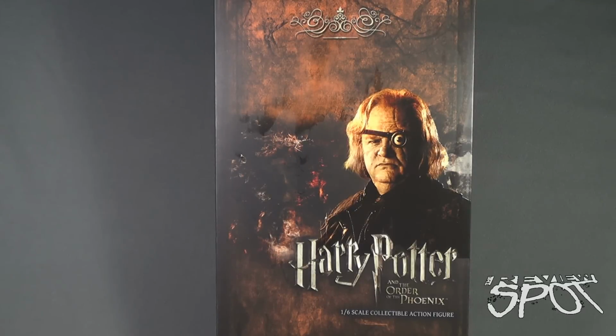Collectible Spot, we are having a look at the Harry Potter and the Order of the Phoenix, the 1/6 scale collectible action figure of Alistair Mad Eye Moody. Coming to us from the folks over at Star Ace, who have produced a ton of really cool Harry Potter figures. This is now the 5th figure that we're having a look at on this channel, and super excited to